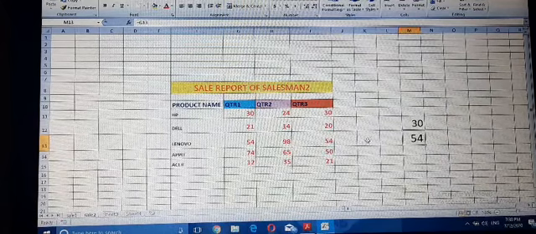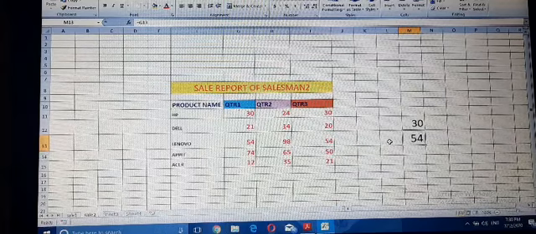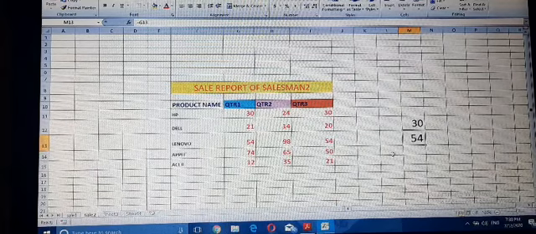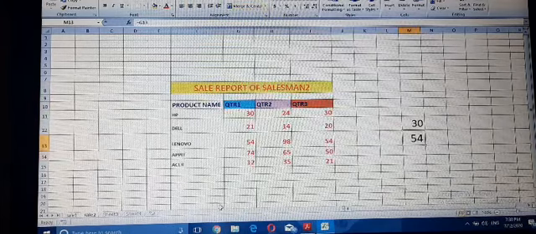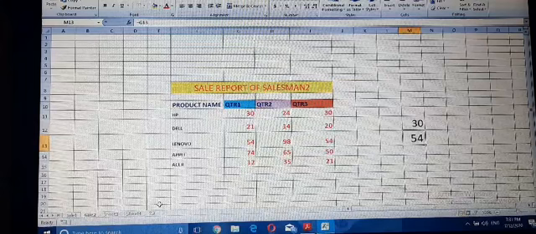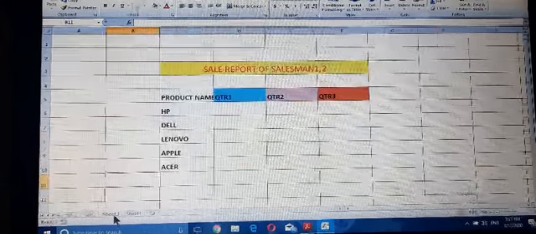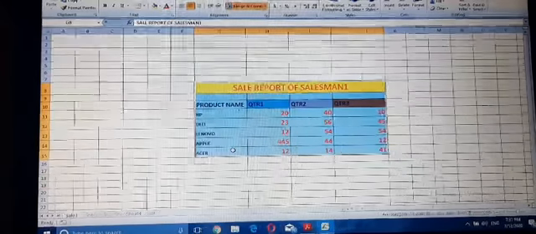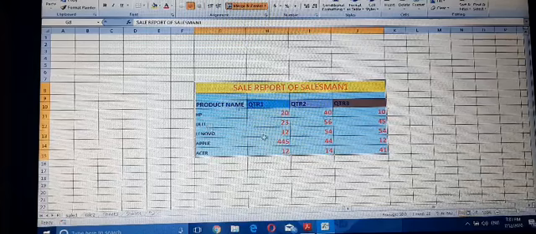So here I have linked cells within a sheet. We can also link cells with a different worksheet. This is cell to sheet. Suppose in this example, this is the sales report of salesman 1.